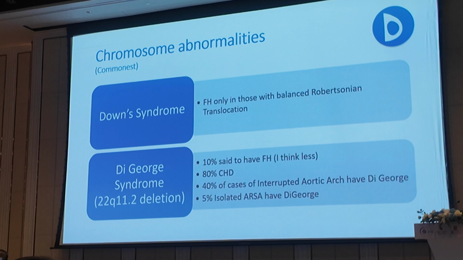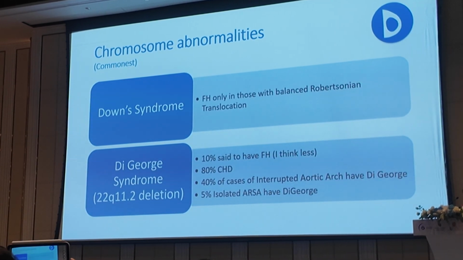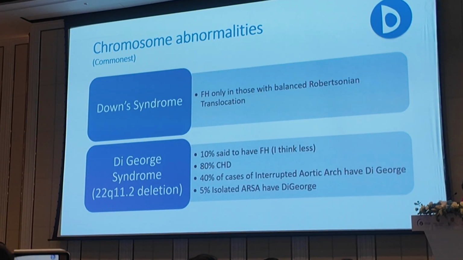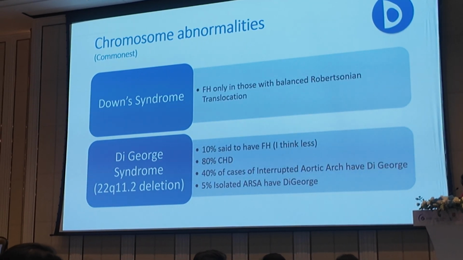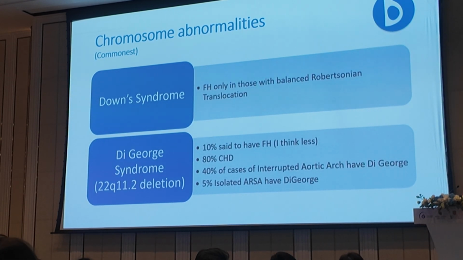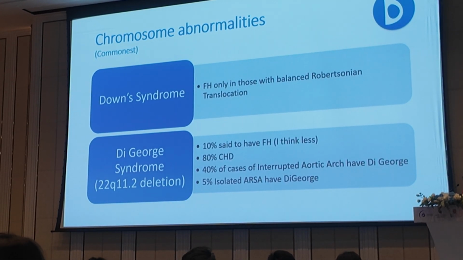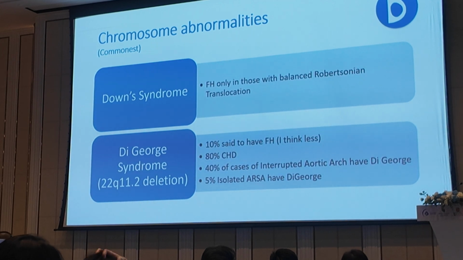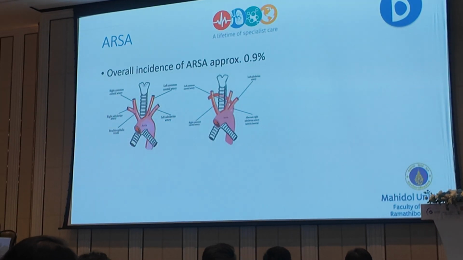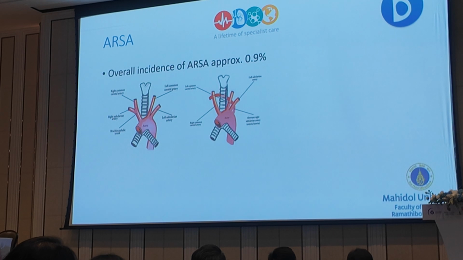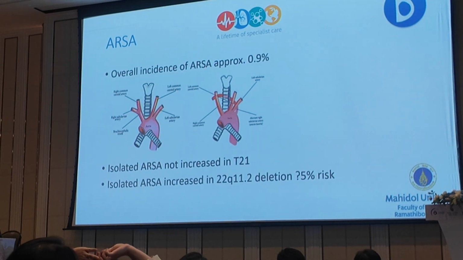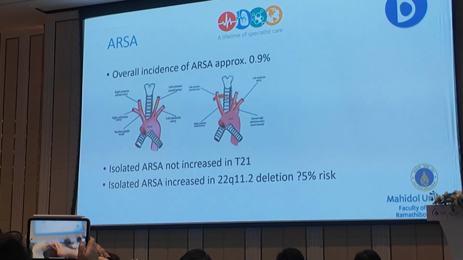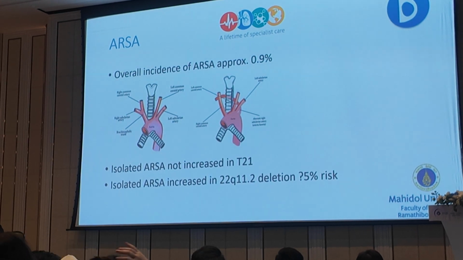80% have congenital heart disease, interrupted aortic arch. 40% of them have DiGeorge syndrome, 60% are caused by other things. And 5% of isolated aberrant right subclavian artery is associated with DiGeorge. So we offer an amniocentesis with anyone with an ARSA. The overall incidence of ARSA is about 0.9% of the population, and it is not increased in Down syndrome, but as I said, there's possibly a 5% risk, even if it's isolated, of the baby having DiGeorge syndrome, so